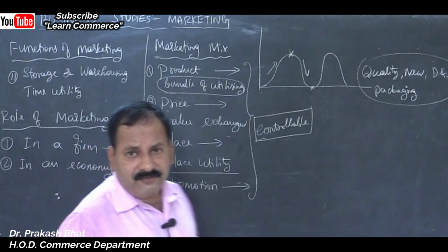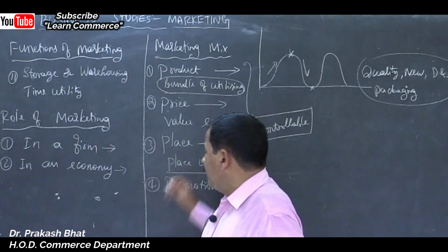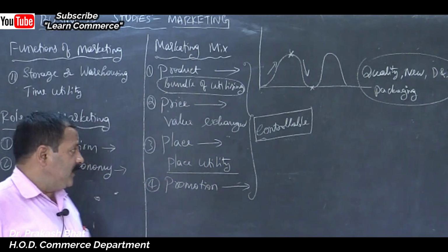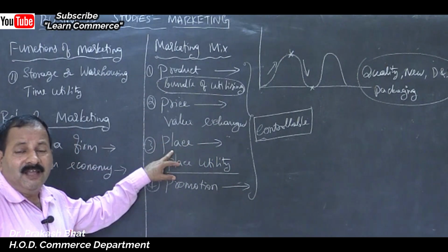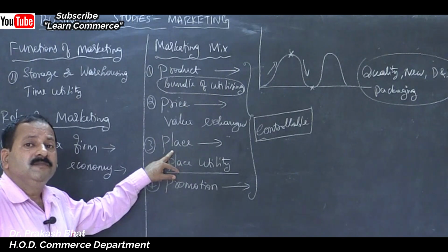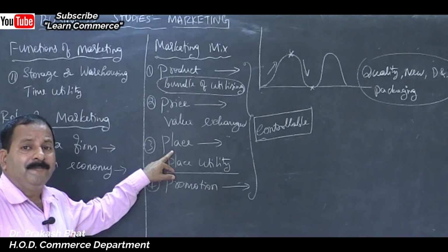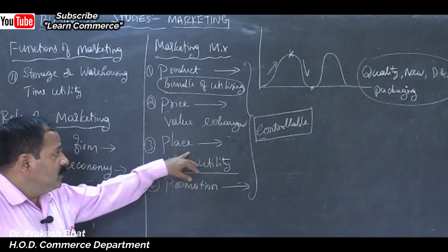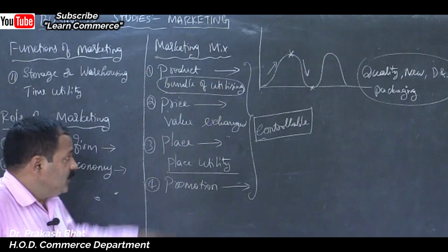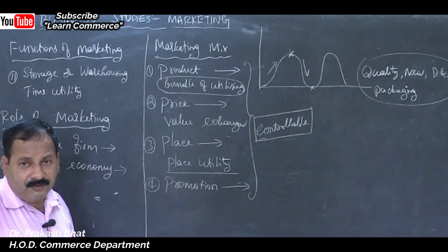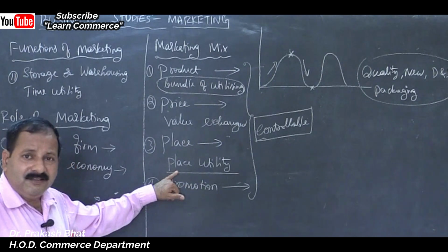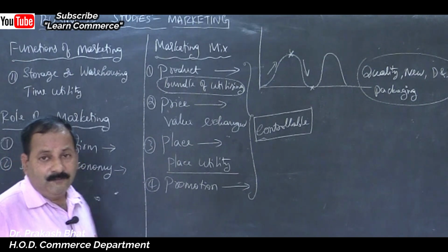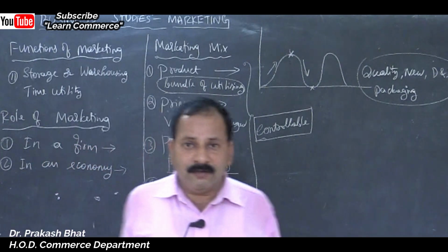So many channels of distribution are there. You have to transport by different modes of transport, isn't it? If it is to the international market, then you have to use the help of aircrafts, or your ocean transport. Either air transport or ocean transport you have to use. If it is within the country, then you have to use your road or rail transport depending upon the weight of the product, size of the product, volume of the product.